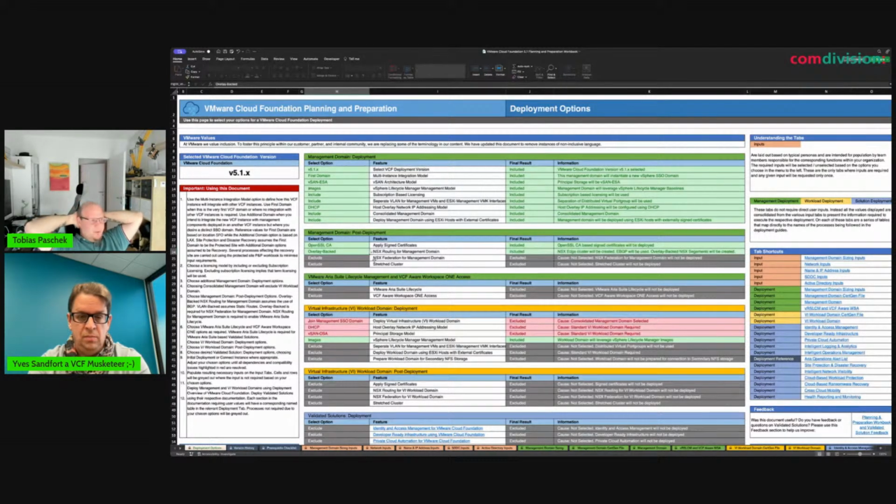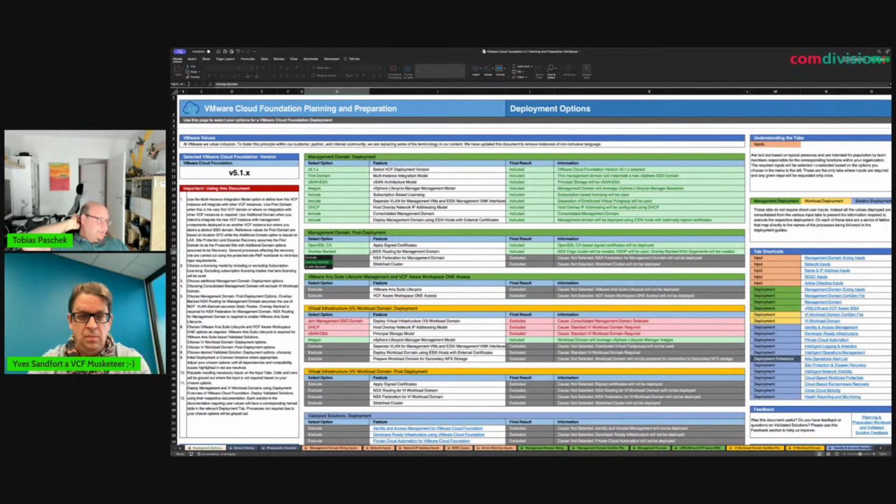So ARIA operations for logs, the native ARIA operations, the whole ARIA Lifecycle Manager, and also ARIA automation products and stuff like this can utilize, on one hand, overlay networks, on the other hand VLAN-backed